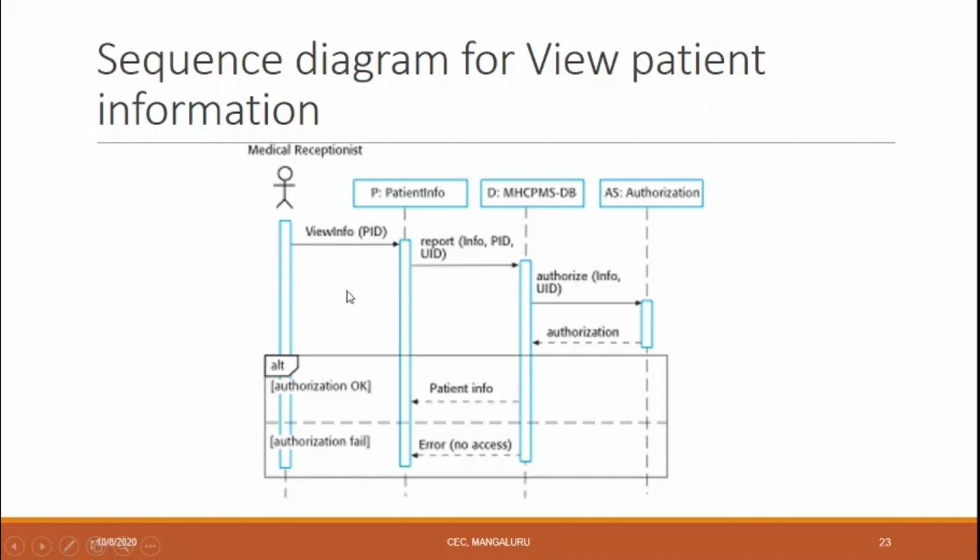And this is a dotted line, vertically. The dotted line gives the lifespan of the system, or the lifeline of the object. The dotted line on a rectangular box gives the lifeline of the object.